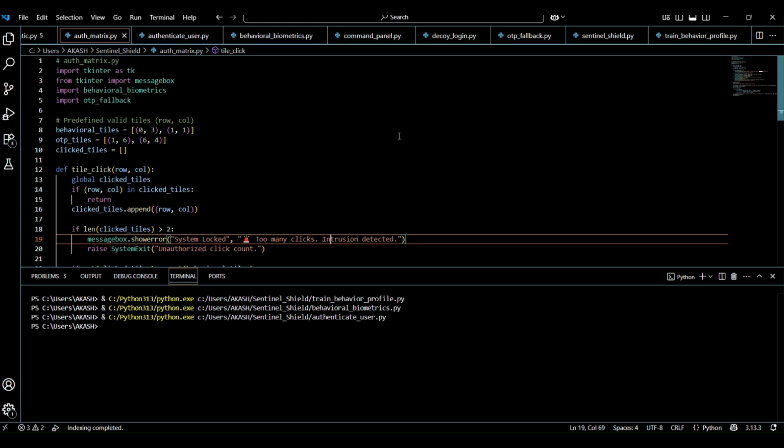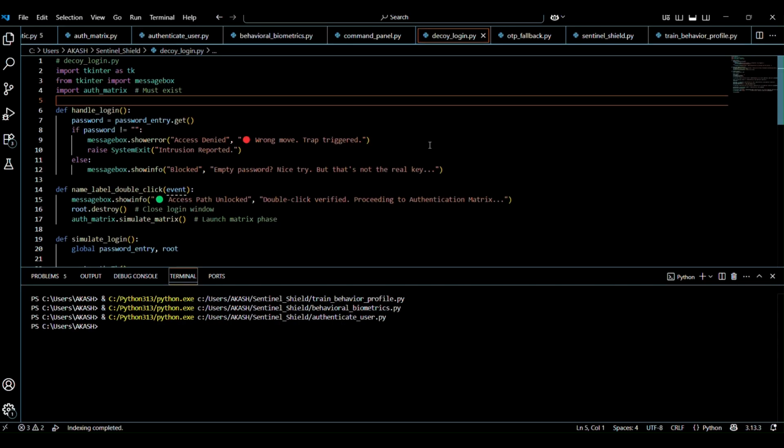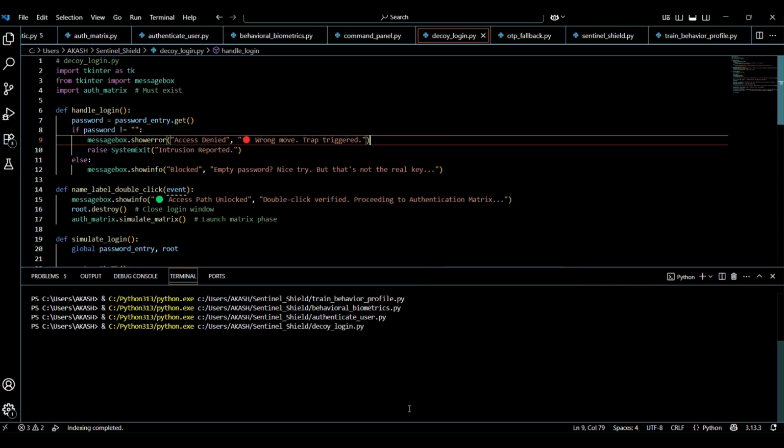This firewall is something else, which I will show you in the output. The authentication matrix is like a maze. You choose which way to go according to your perspective, and only the original user will know the end gate of the maze. Then we'll go to decoy login. The name itself says it's a mystery.